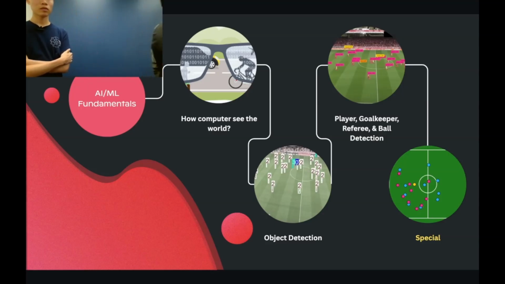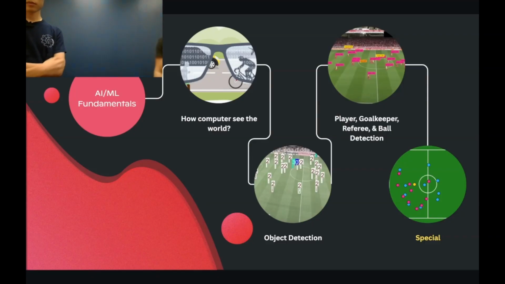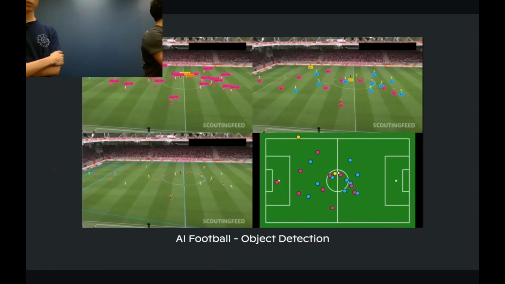And we will have 5 workshops. This first one, again, ML fundamentals. Second workshop, we will focus more on neural networks, and from there on, we will build our project through object detection, in this case, player detection. Then we will separate what a player is, what a goalkeeper is, referee, the ball. And then we will have a special last workshop in which we will project that 3D visual space of a soccer game onto a 2D field. And yeah, so this is an example of how our final project would end up looking like, and we're really excited for that.